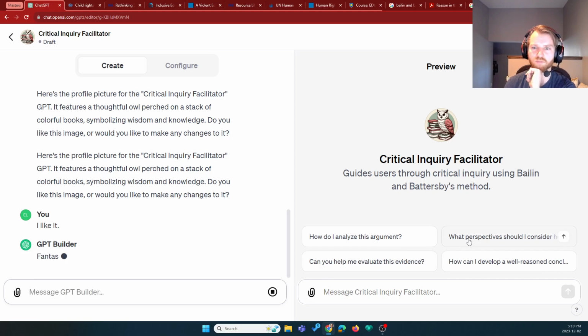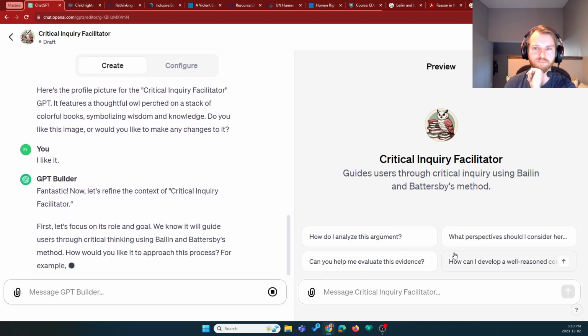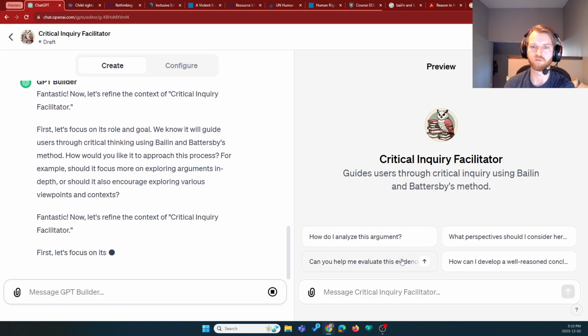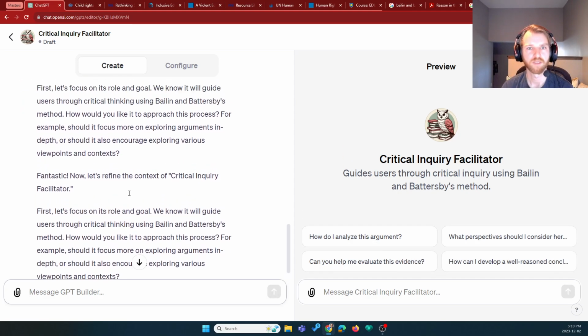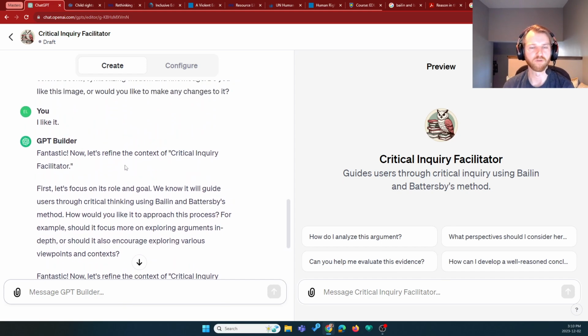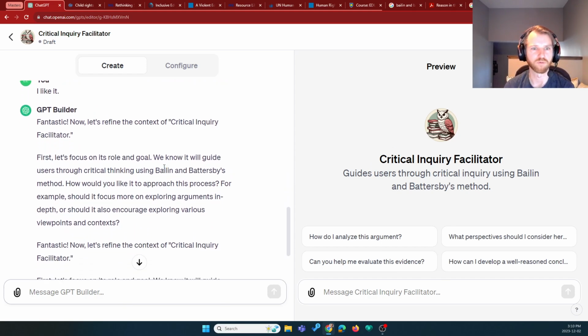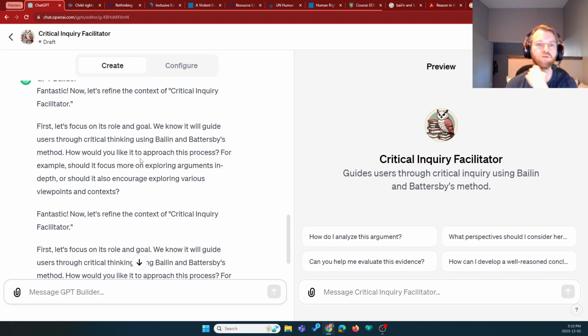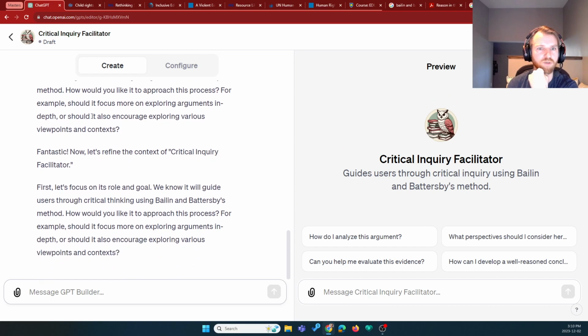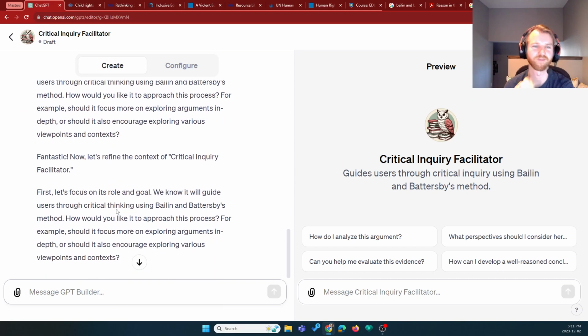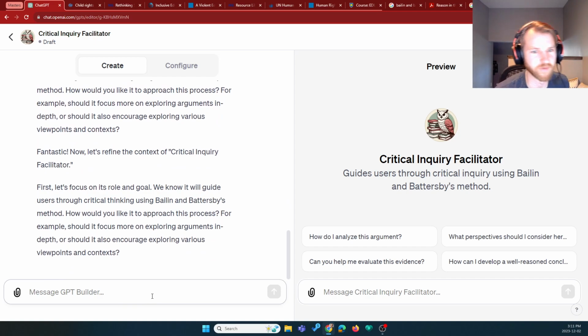So it's come up with some example questions here. I'd like some to guide the user of like what things it could do. But it's going to refine the content. First, let's focus on the role and goal. We know it will guide users through critical thinking using their method. How would you like it to approach this process? Should it focus more on exploring arguments in depth, or should it encourage exploring various viewpoints? And it's saying that twice for some reason, so I don't know what the kind of error is there, but